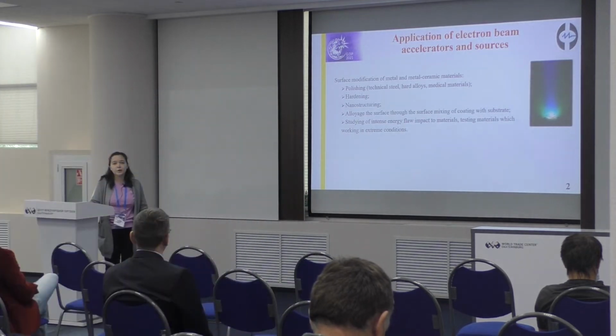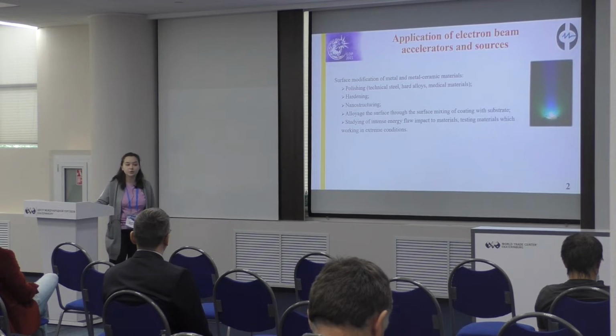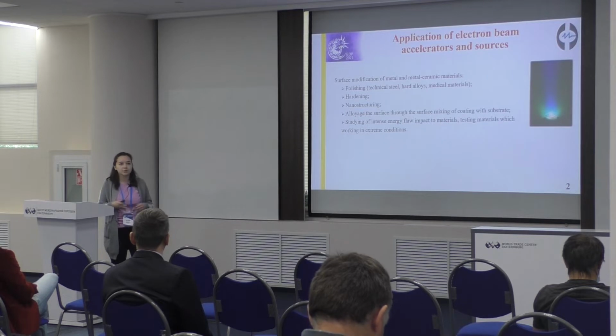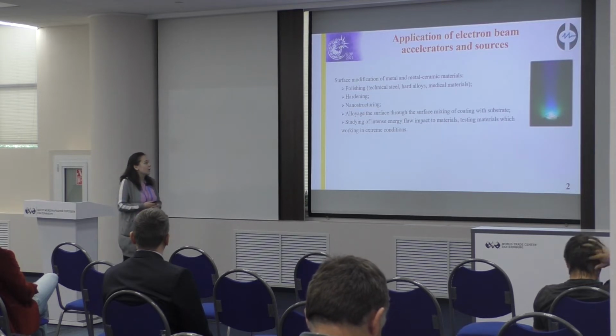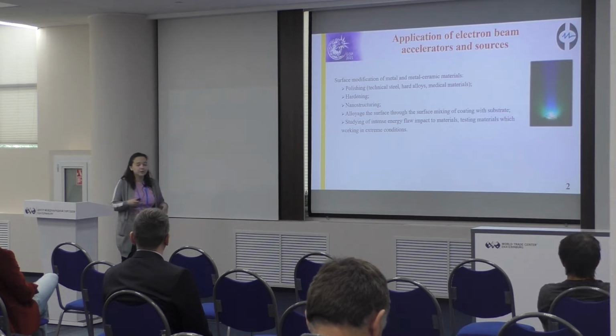The main reason why we need thermal impact on different materials is to improve the properties of such materials: metals, composites, and alloys. For that purpose, electron sources are widely used, in particular electron sources with plasma cathodes. Moreover, using them, it is possible not only to improve the properties of materials, but also to nanostructure the surface, polish the surface, and also